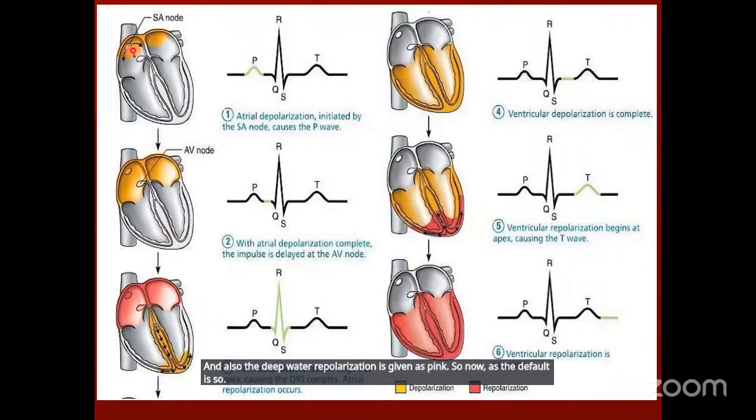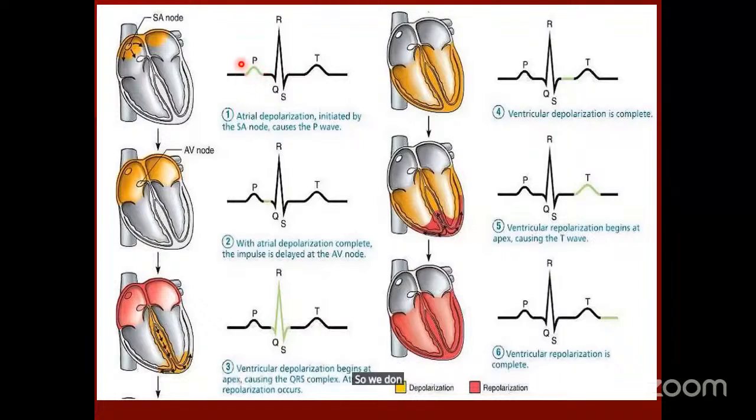We can assume that the sinus node is producing this P wave by looking at the direction of the P wave, by looking at the configuration of the P wave. So we don't see the sinus node activity on the electrocardiogram. If the P wave is in a particular direction and it is a particular configuration, we assume this P wave is produced by a sinus node and we call it a sinus rhythm. So the P wave is due to atrial depolarization, biatrial depolarization. Then the impulse comes to the atrioventricular node.